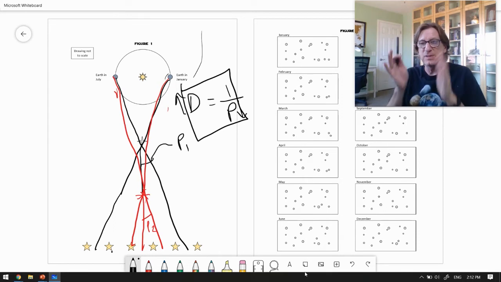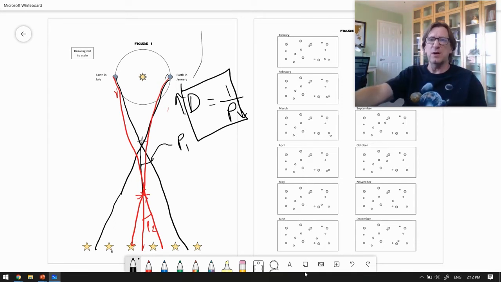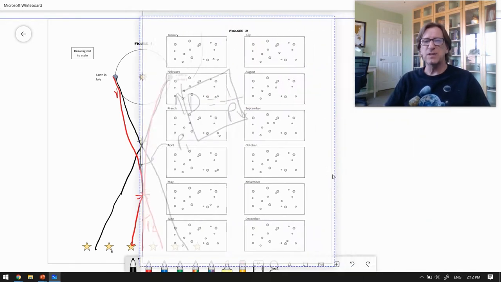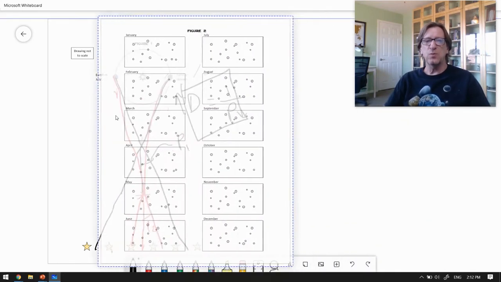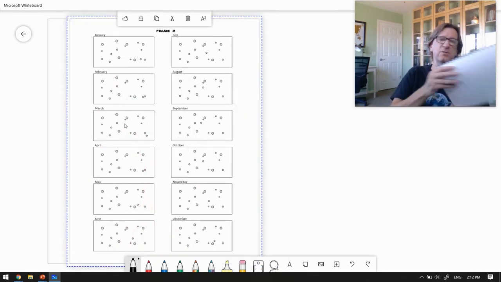This is how it looks in space. Now we're going to talk about how it looks from the ground, for how we actually use it. All right, so at this point, I want you to pause the video and do this worksheet. Okay, so you're doing page 2 here, the how we use it part right here.